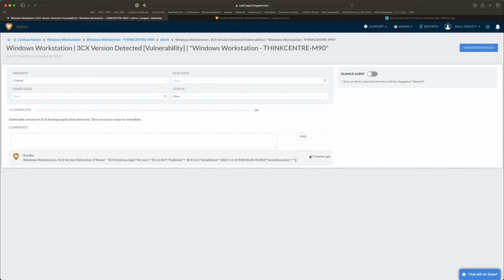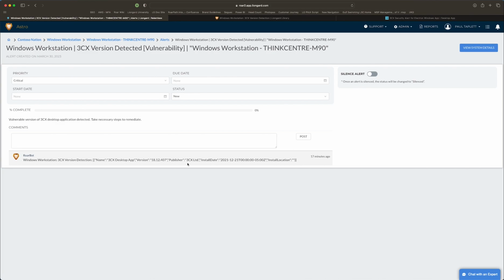So you can see this was actually 17 minutes ago when this happened, it was created today, that the detection of this version appeared inside of this Windows Workstation Inspector. And now I could be made aware that, hey, let's say someone updated to this version or this version was installed on a particular desktop. You can be made aware at that point in time when it happens, keeping this alert turned on from a monitor standpoint, right? So you can take the remediation to essentially close this, because this version can no longer be on this machine or this ticket will keep reopening,